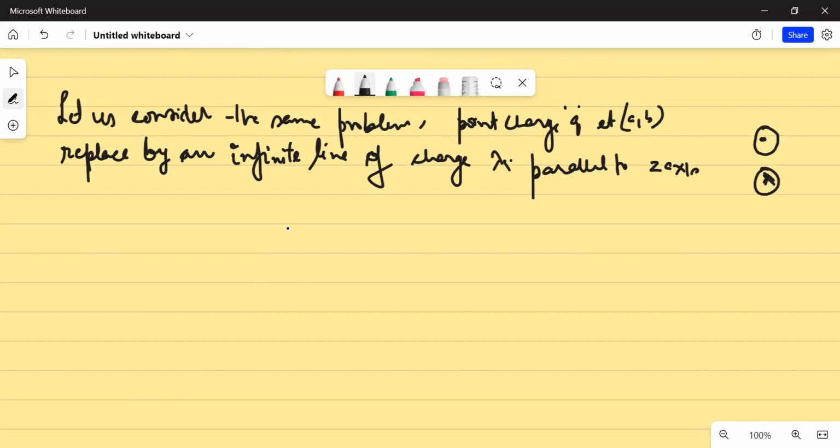Okay, so same problem is there. So I have this infinite grounded conducting plane, I have another infinite grounded conducting plane orthogonal to each other, and instead of charge q I have this. I'm writing that my line of charge is parallel to the z-axis. Okay, is that clear? And this is your x-axis and this is your y-axis. Is that clear? Okay, and this is lambda. Okay, is that clear? So if this is lambda, then at point a comma b, so again you will have,